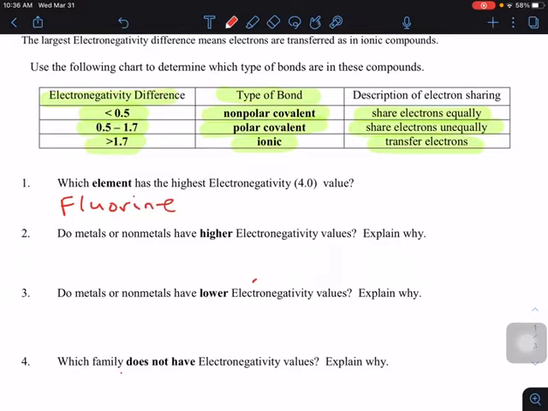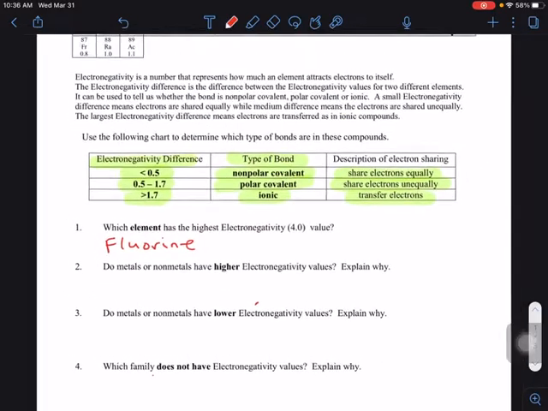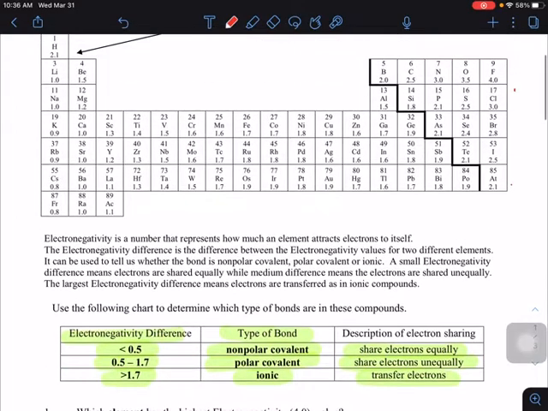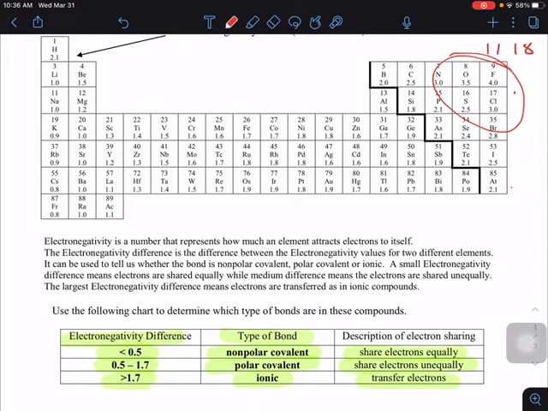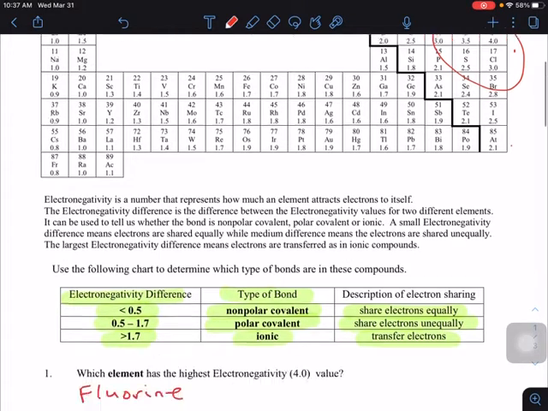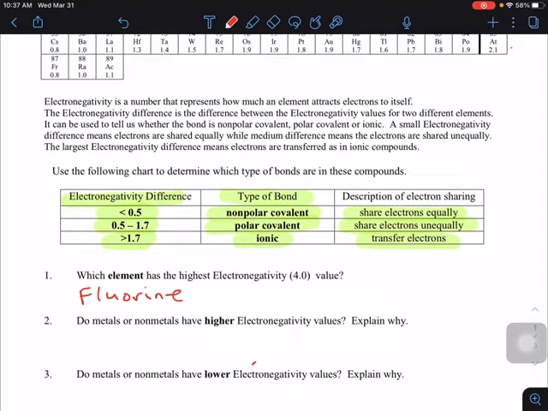Okay, do metals or nonmetals have a higher electronegativity value? Well, we just took a look at the chart, and the elements with the highest electronegativity are found here in the upper right hand corner. You'll notice that group number 18 is not on this periodic table. We'll talk about that in another question, but this is group number 17 right here, and this is group 16, 15, and 14. These are the nonmetals that we will use for the electronegativity of covalent compounds. Okay, so nonmetals